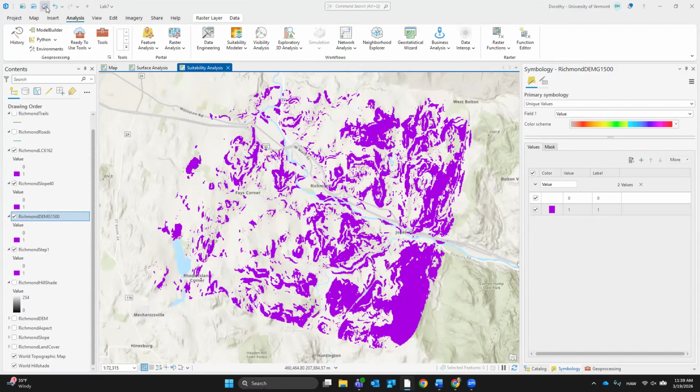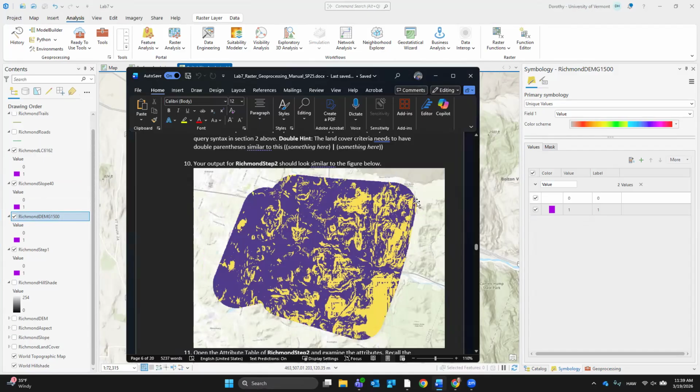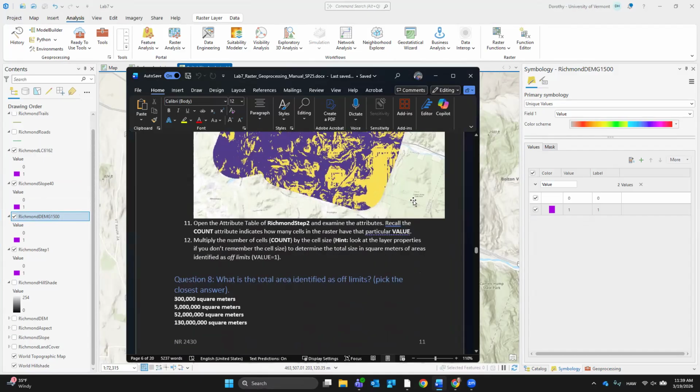So now I'm going to hit save. So look, I did it just in a different way. And that's okay. If you end up having to do this to make it work, it's okay. And you can write in there that Dr. Horn told you that there's more than one way to use GIS and you still got the same answer. Okay, so now you have an output with a couple different things.